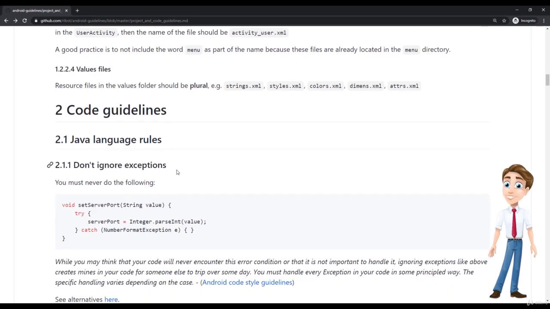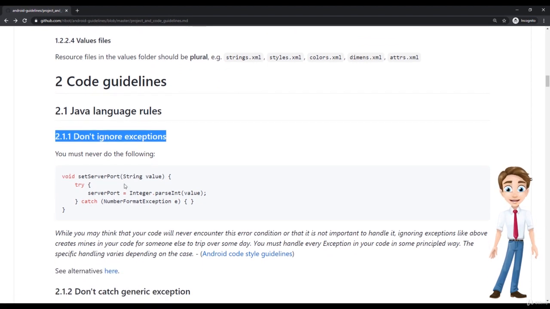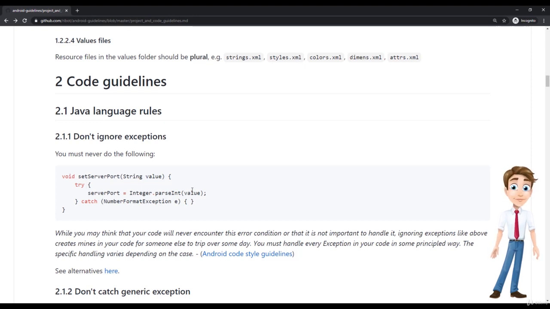There is a very important rule here, and that is don't ignore exceptions. And this kind of idea is pretty similar to what I've told you about trying to let the application crash. So we had a discussion about nullability, and in case you have a variable that shouldn't be null but it is null, you should let the app crash so you can find the problem, the bug, so you can fail fast.